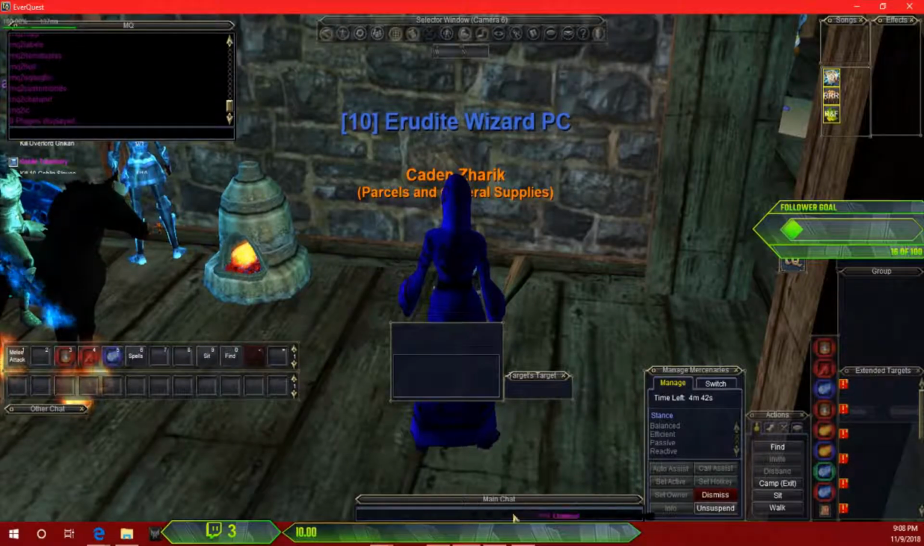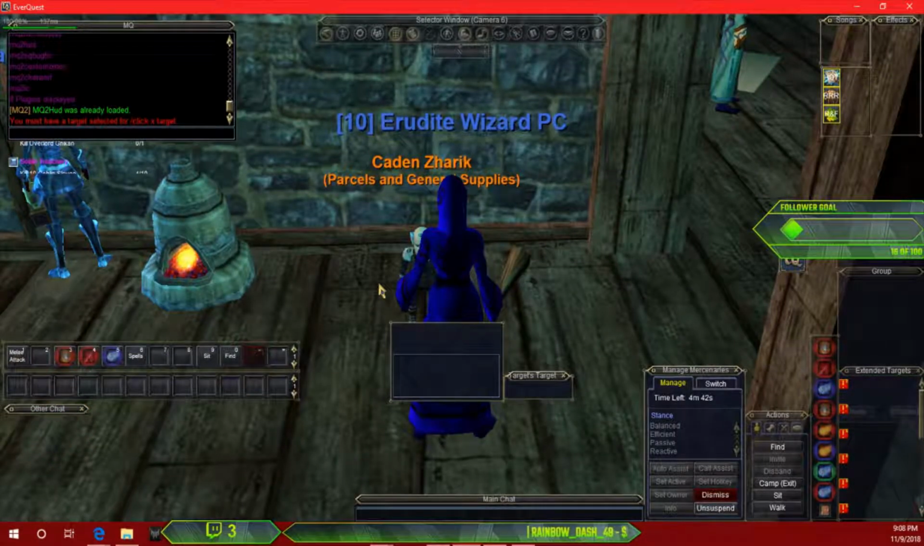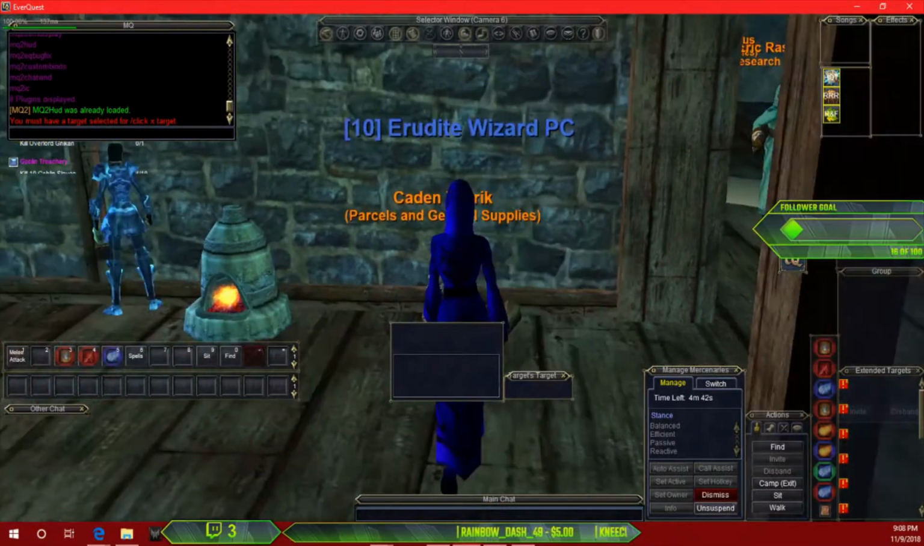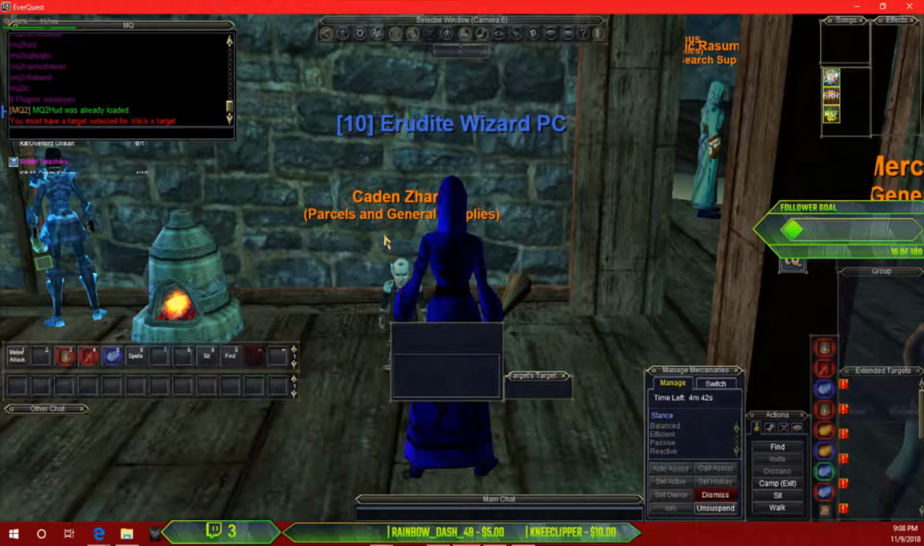So what did we name this? We got Mac Parcel, right? So /Mac Parcel. Yeah, so as you see, I forgot to target the NPC. When you program in macros, you